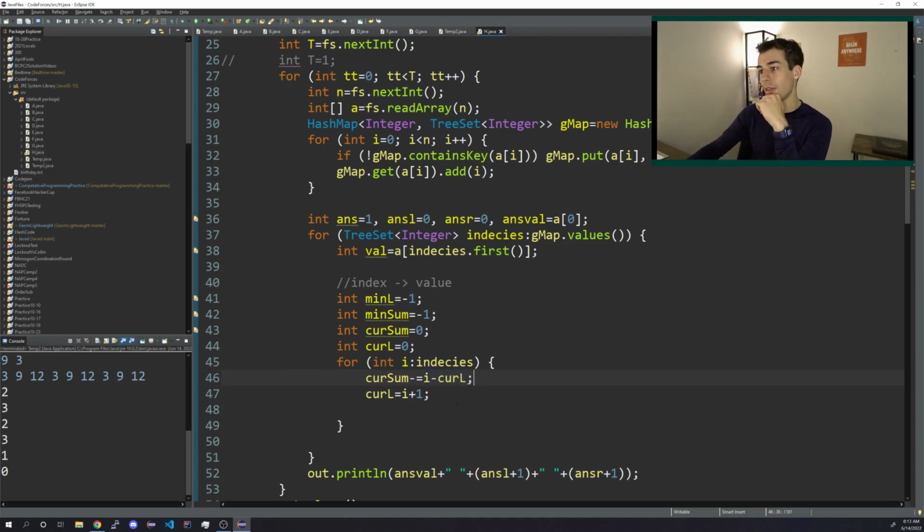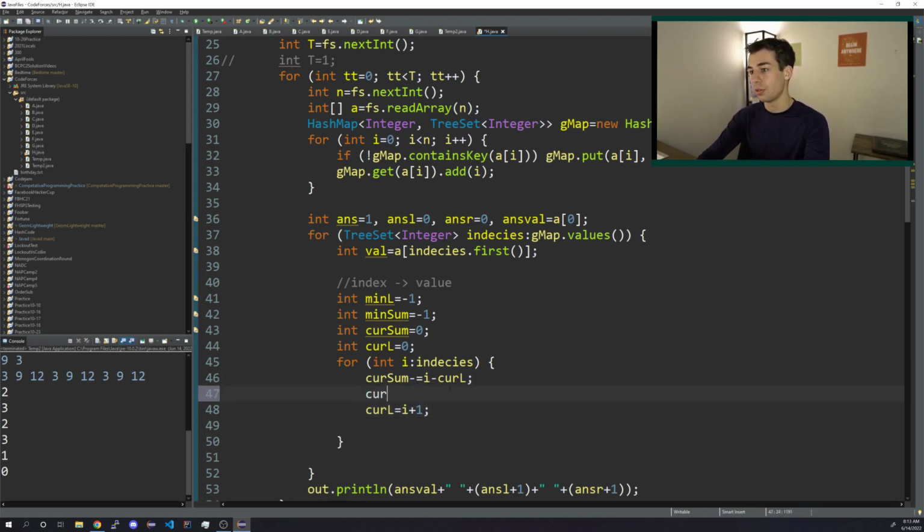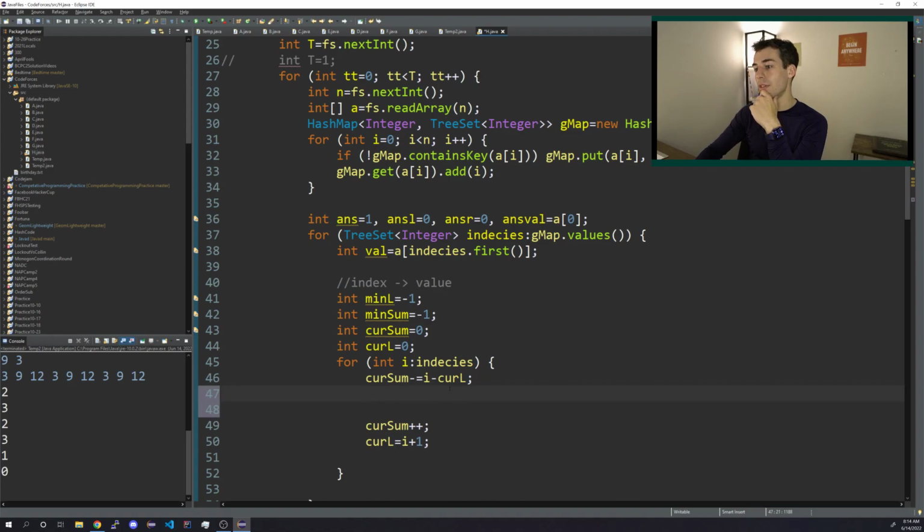We need to subtract how many things. Then we need to update cur L, and then we need to say cur sum plus plus, because we have one more of these things. Yeah, and then we read this here. So then we can say min sum equals map dot min